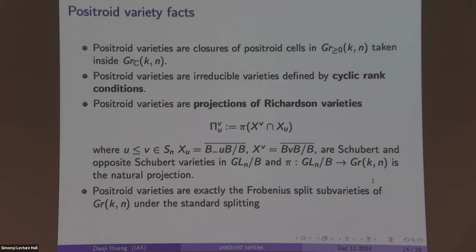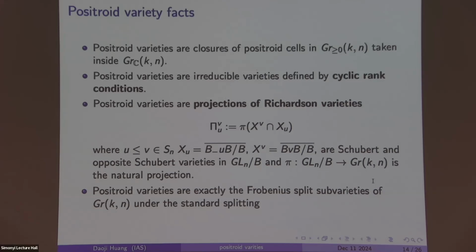Okay. Right, so because of this projection of Richardson's, the Positroid varieties are exactly the Frobenius split subvarieties under the standard splitting. So the standard splitting we get from the full flags. And our results heavily depend on the Frobenius splitness of the Positroid varieties. Because they're Frobenius split, they're all reduced, and if I intersect and decompose, I